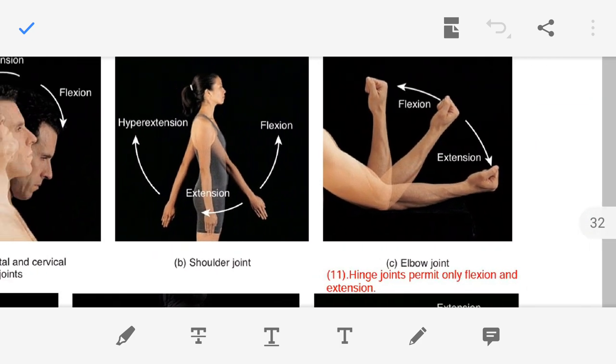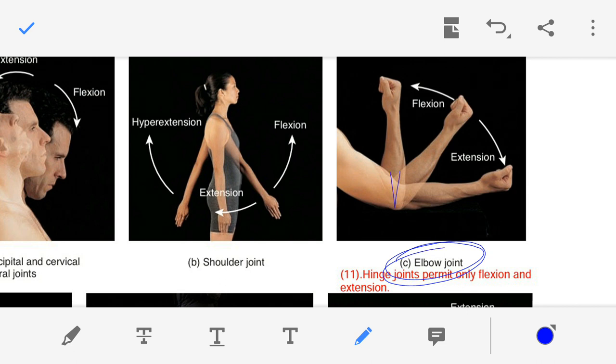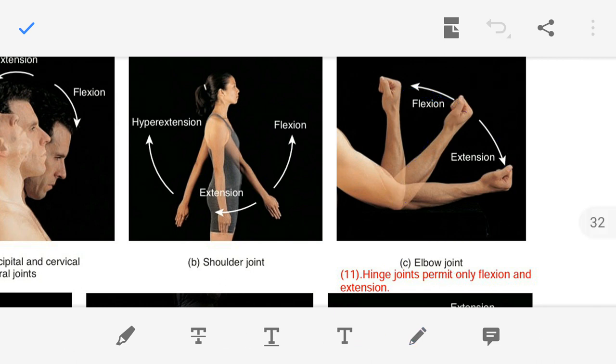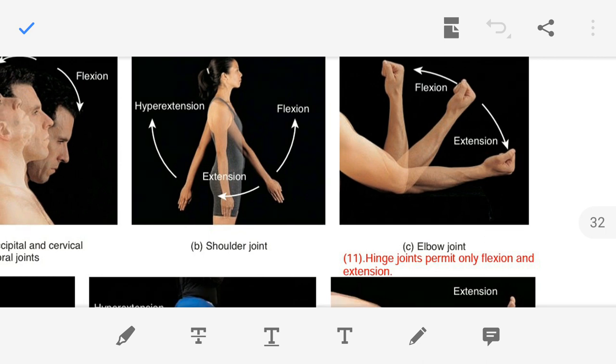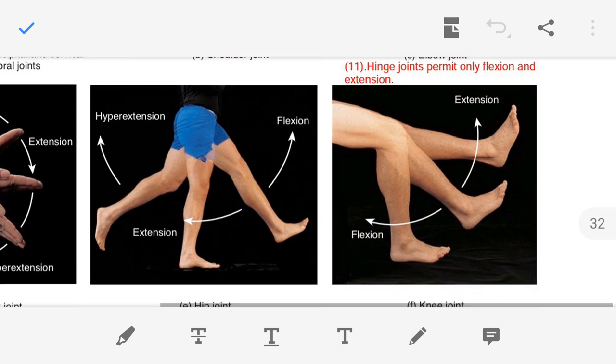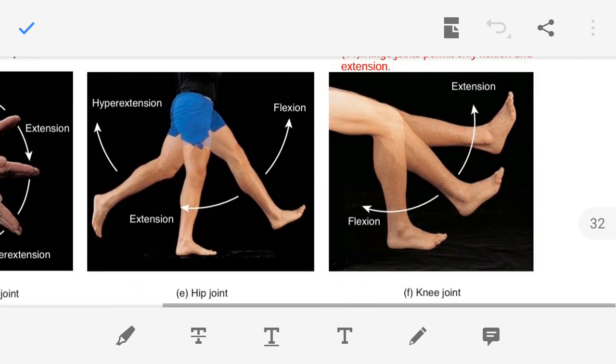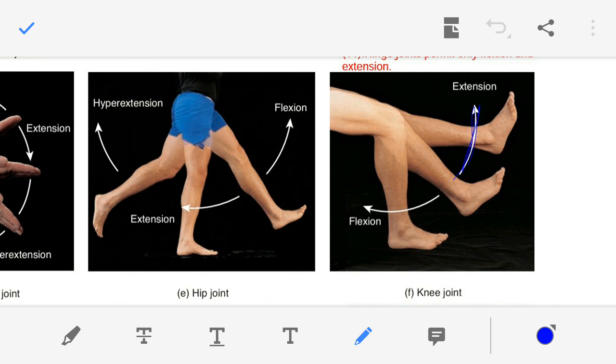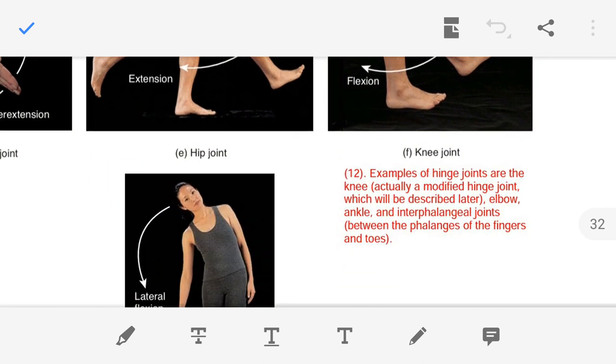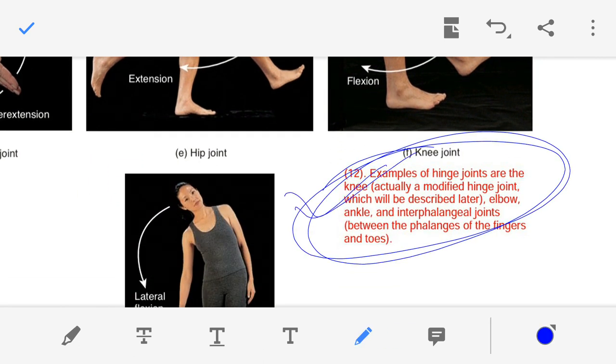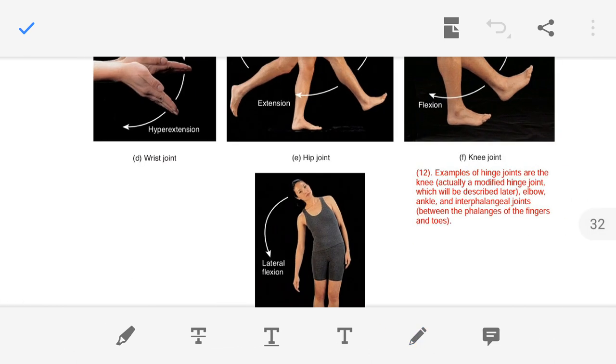Now here in this figure, the elbow joint is shown. This is the elbow joint. And as you can see, the elbow joint is permitting the flexion of our hand, and the elbow joint is permitting the extension of our hand. So the elbow joint is like the hinge. Okay, now knee joint, extension, flexion. Okay, then